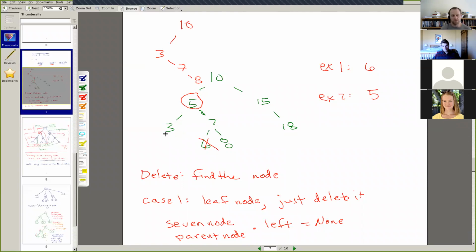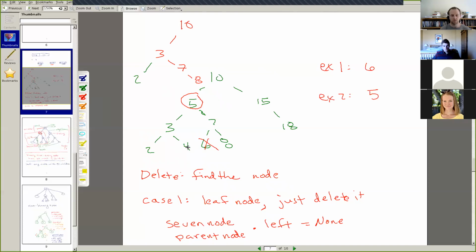But what if this 3 also had some children of its own? So what if this 3 had a 4 and a 2 like that? It's a perfectly valid thing that could happen in a binary search tree. This is a valid binary search tree in green that I've drawn down here. And now when we tried to move this 3 up to this 5, we'd have a left child of a 2 over here. That'd be okay.